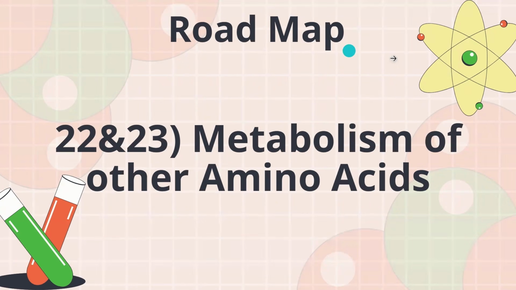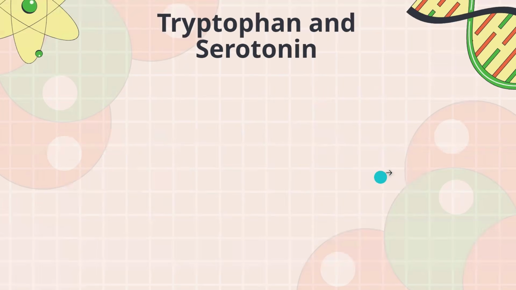Here it's going to be all the other amino acids we didn't discuss. Let's begin. So for starters, tryptophan and serotonin. If you guys remember, we talked about how tryptophan and serotonin are important. Tryptophan, because if there's a lack of it, it might cause disease, all the way in the first lecture, called Hartnup's disease, I guess it was called. And serotonin we're going to talk about right now.